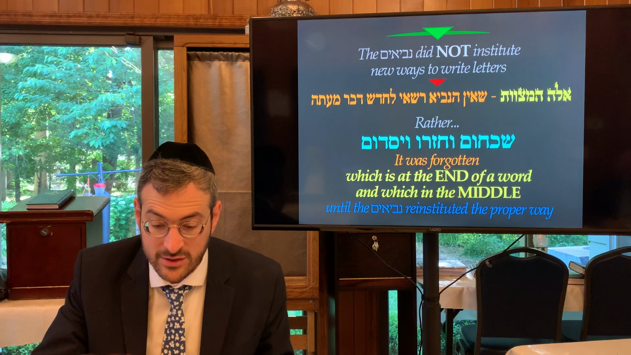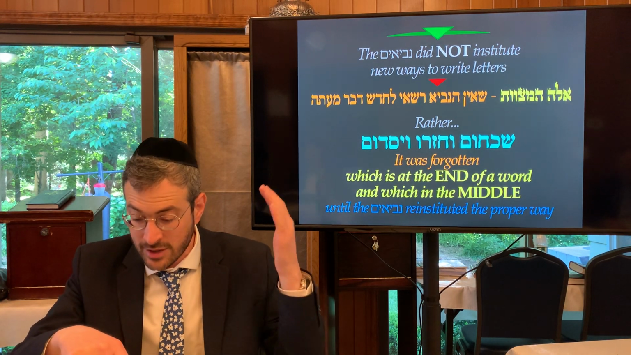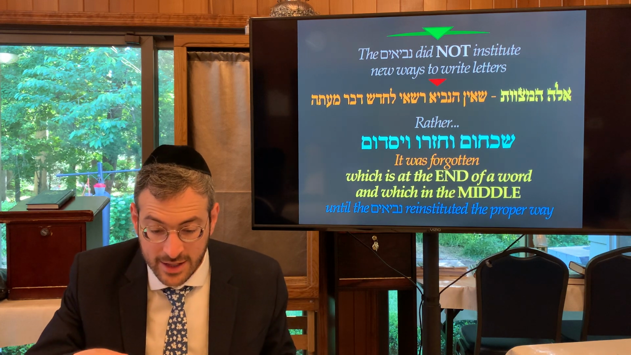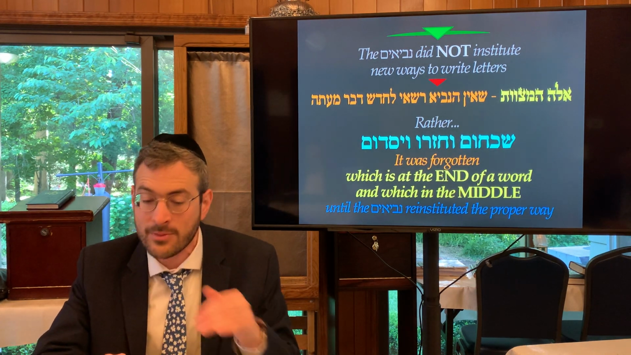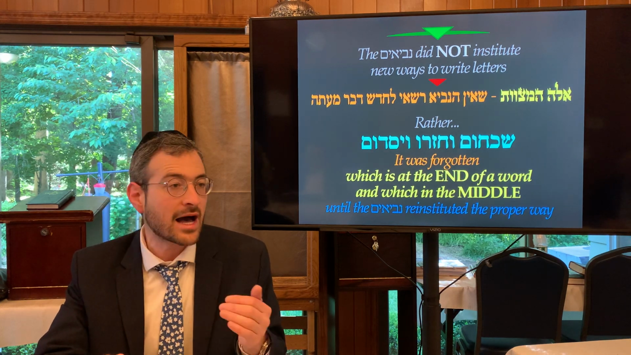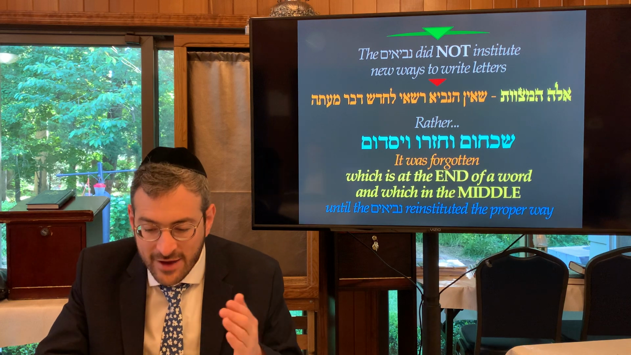Well, except there's a pasuk in Vayikra that says, Eilu ha-mitzvos, these are the mitzvos that Hashem commanded the Jewish people on Har Sinai. What does it mean, these are the mitzvos? It means a prophet can never introduce something new, something novel. These are the mitzvos, nothing's going to change. Rather, says the Gemara,